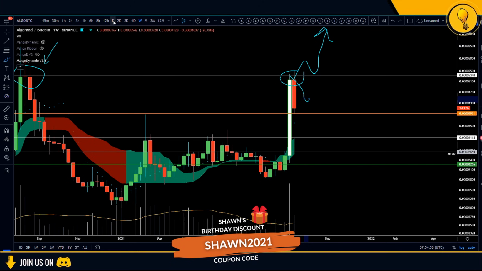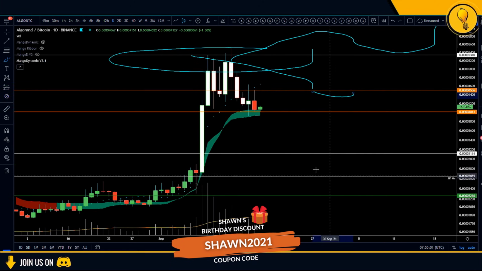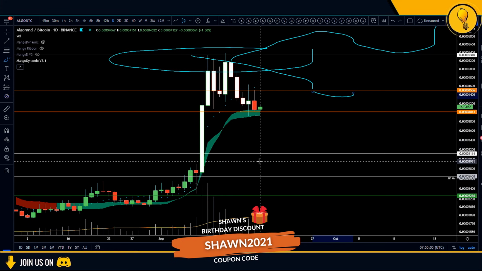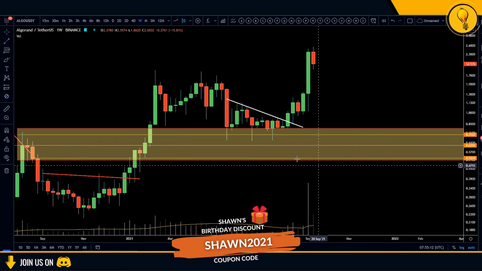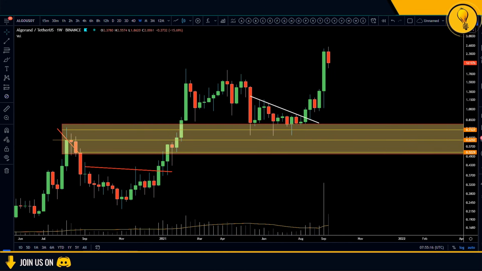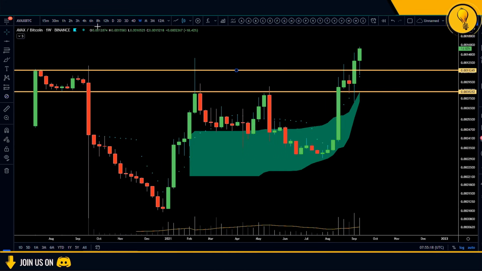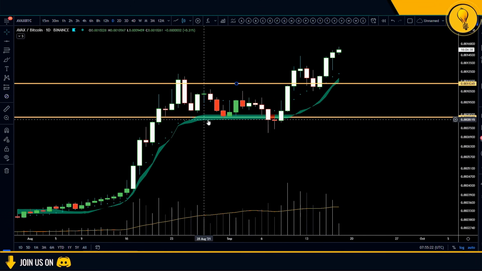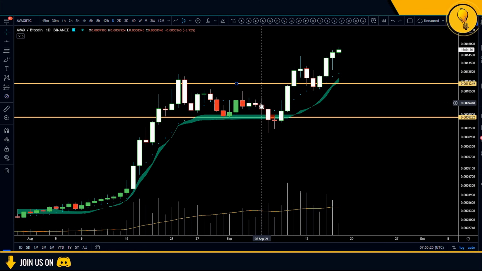Let's look at the daily time frame on ALGO, and you guys can see that it actually came down over the dynamic. It did not lose the daily dynamic level just yet. In fact, this is still looking good. If you look at ALGO USDT, same story over here, right? Holding those key levels. But when you compare it to what AVAX did on the daily time frame, you're going to see a completely different story, right? It's actually drifting towards the upside. It's outperforming Bitcoin while Bitcoin is showing strength.